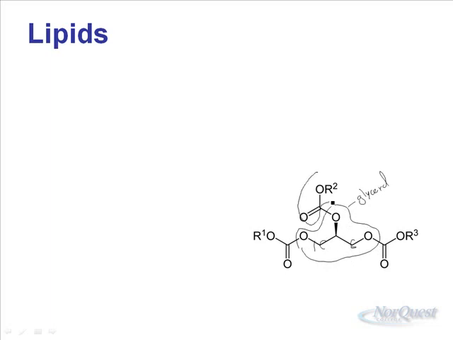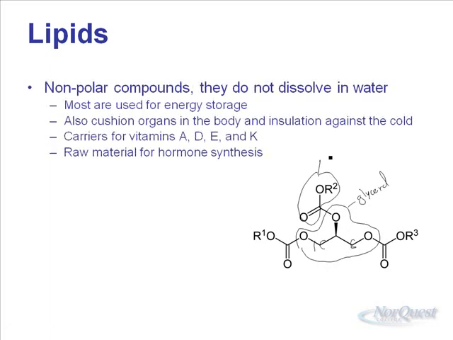Each one of these is a fatty acid, where an R represents a carbon chain. And it turns out that each chain can be different. That's why there's a 1 and a 2 and a 3. 3 different, or they could be the same, but there's nothing wrong with them being different. 3 different carbon chains attached to a glycerol molecule, and what this does is it's used to store energy for